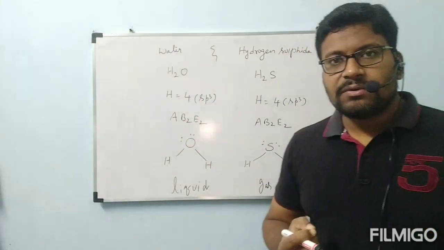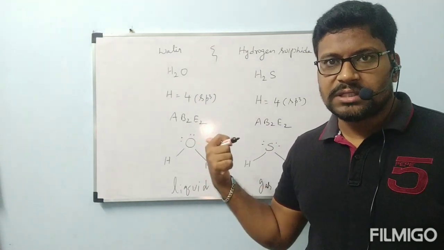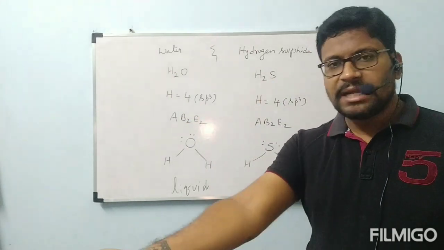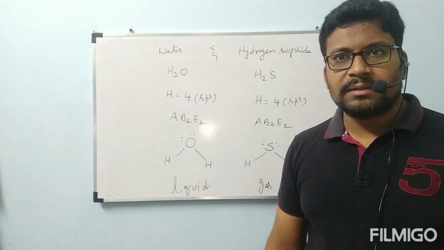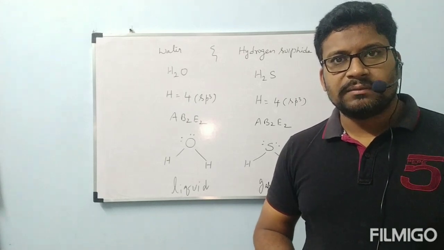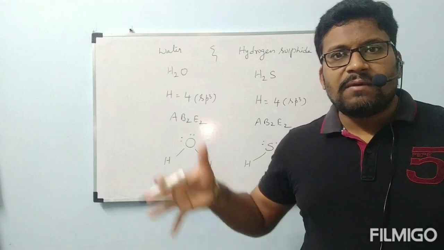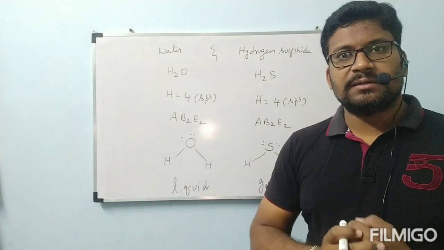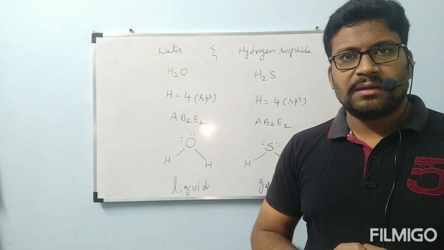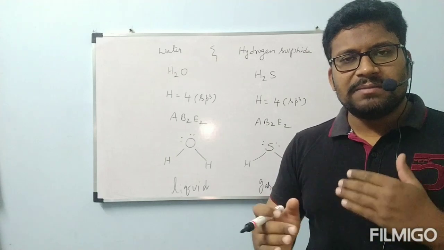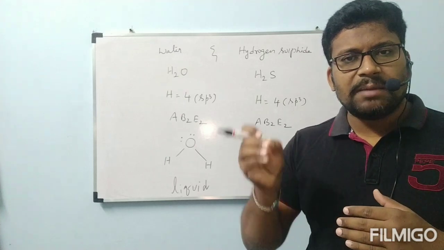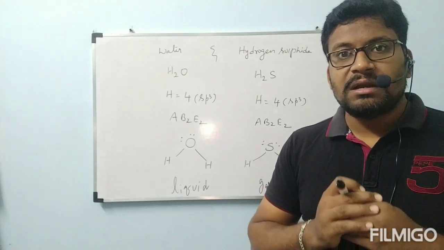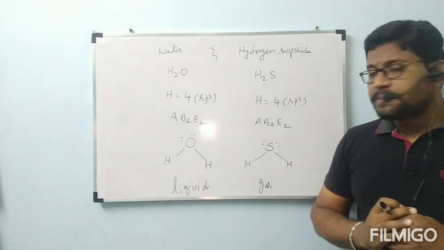Before that, why we have to go through the hydrogen bond explanation, I told you this. Okay, coming to water and H2S, scientists practically see that water is liquid at room temperature and H2S is gas at room temperature. To convert H2S to liquid, they need high forces, which are already present in water. That's why it exists in the liquid state. What is the property that is keeping the difference of states in water and H2S? That property is called hydrogen bond.